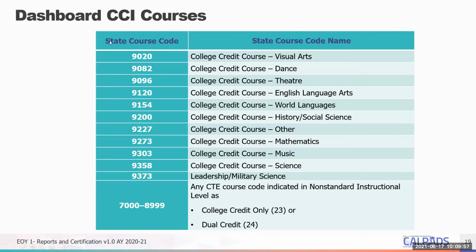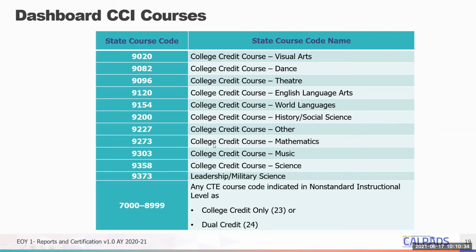So you can see that you have your state course codes here, right? And you can see that it says college credit course, visual arts, dance. These subject areas kind of align with the UC CSU A through G requirement subject areas. And so you have your college credit. So if you have a student taking statistics in college, it's just going to be 9273 mathematics. You may have another student taking algebra 2 in college. It's still going to be 9273. What matters is that it's college mathematics, not